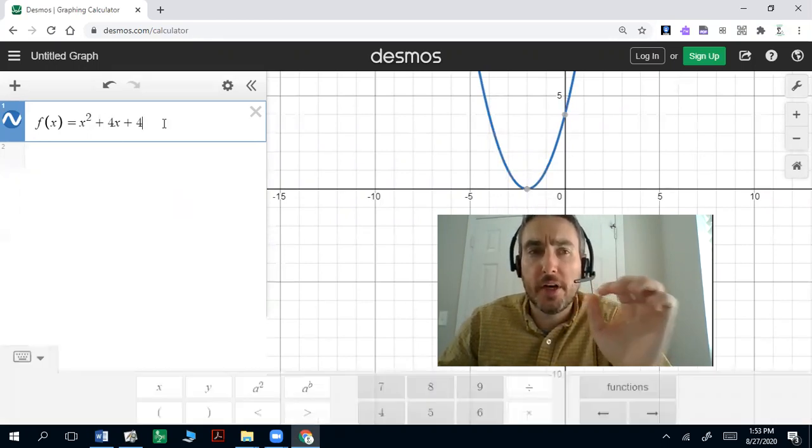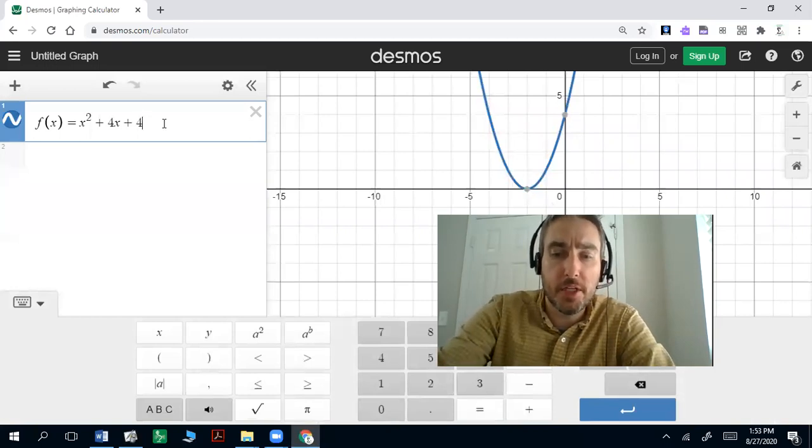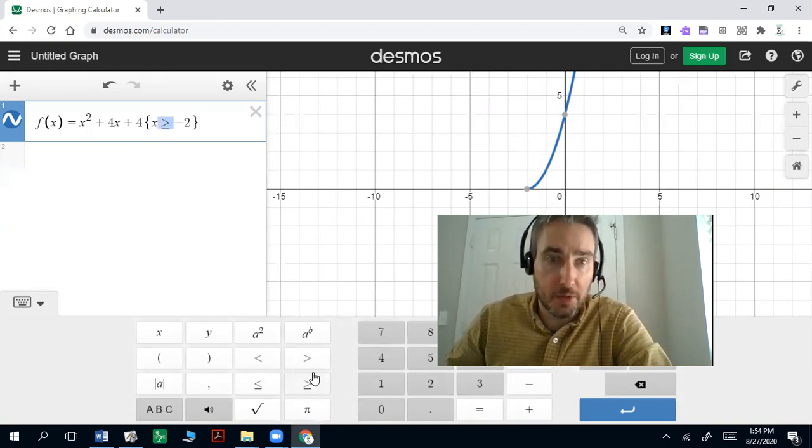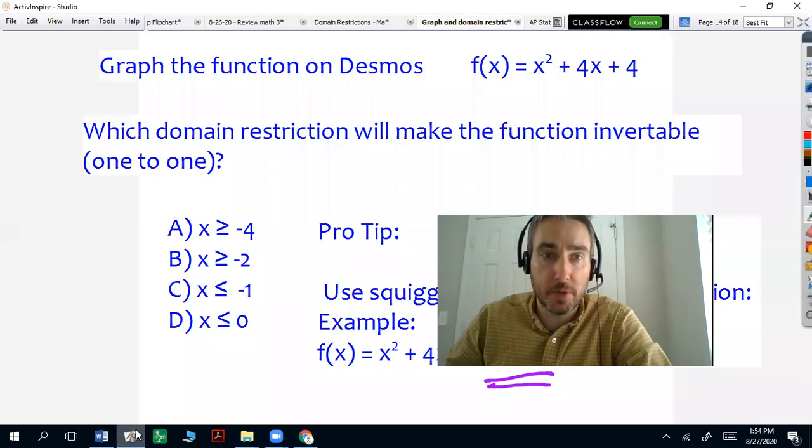So if you look at that x value and I shift the bracket and say x is greater than or equal to negative 2, that'll make it invertible because it passes the horizontal line test. And I could also use less than or equal to negative 2. Either way. So if I'm looking at my answer choices, in this case, it's going to be B